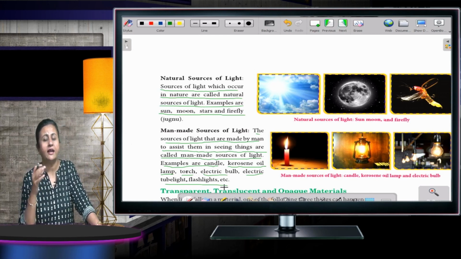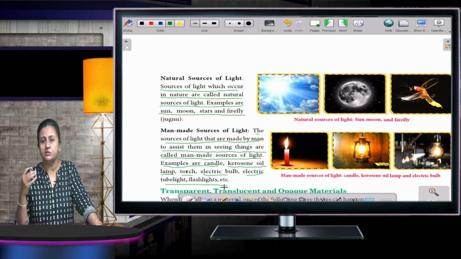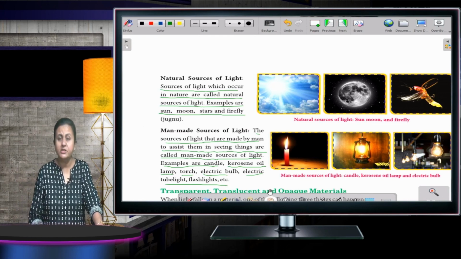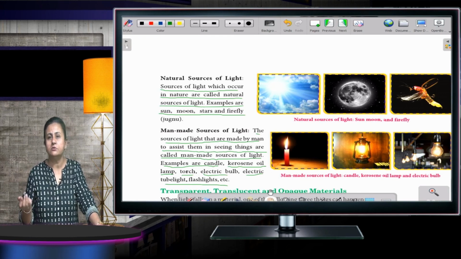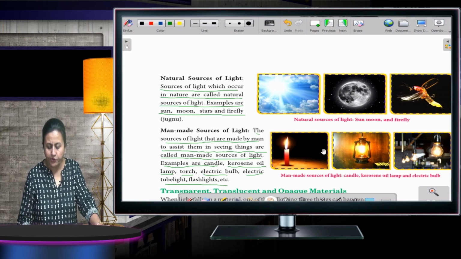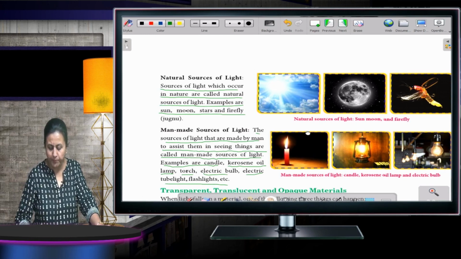It's not only that we are using light so that we can see the things, but for different purposes, on small locations, we decorate our houses with the lights. Now depending upon how much light an object allows to pass through them, it has been categorized into 3 parts. We'll talk about transparent, translucent and opaque materials.